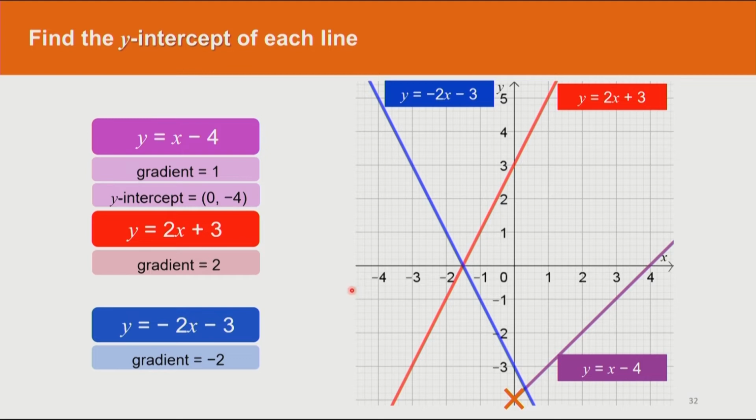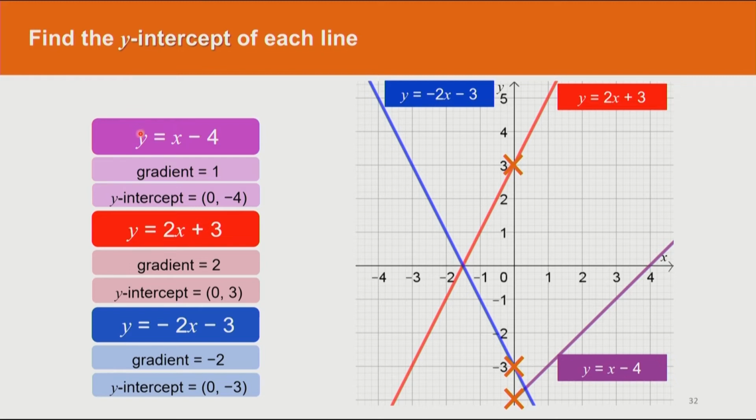Remember, on the y-axis, the value of x is always 0. So if you are required to write in coordinate form, there we are. Then the next line crosses the y-axis at 3, so we have (0, 3). Then the other one crosses the y-axis at -3. But you can still get the value of the y-intercept simply by looking at the equation that is given,